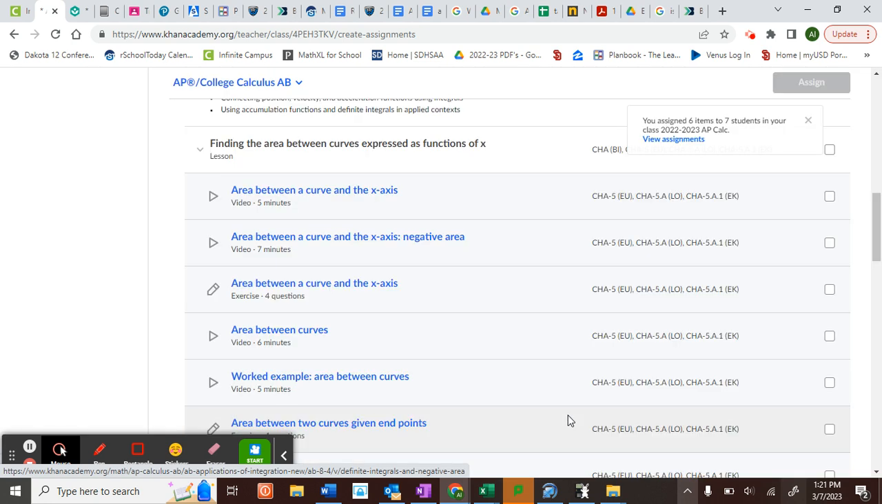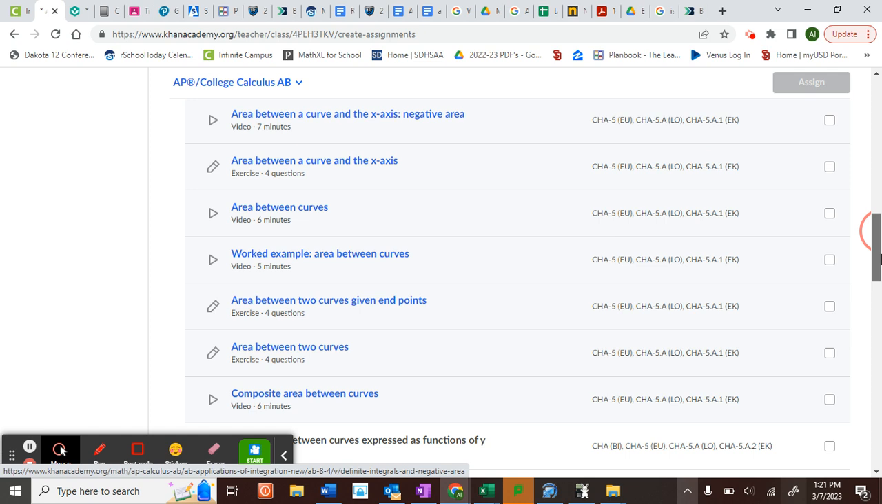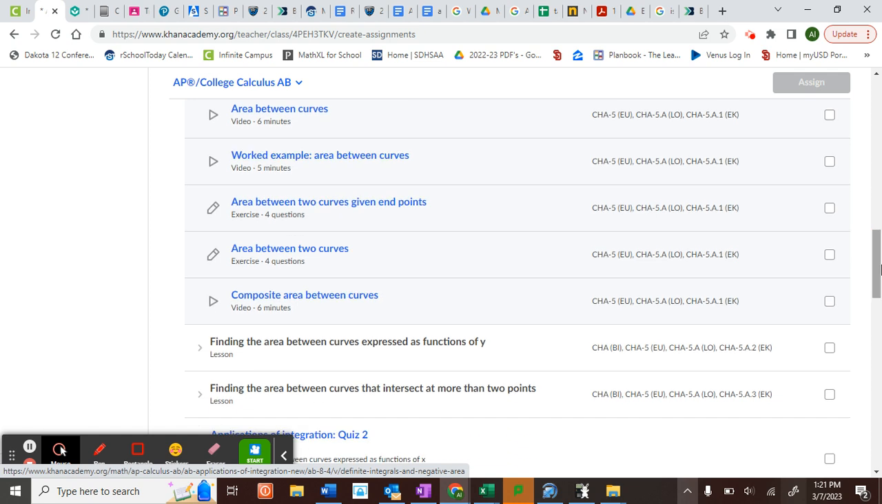So get to work on that, and then on Thursday we'll do the area between two curves without giving you the endpoints, which will be